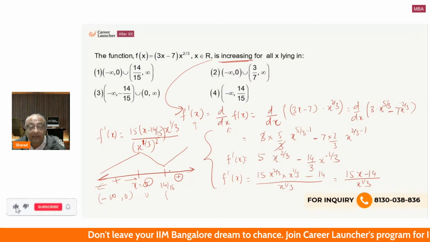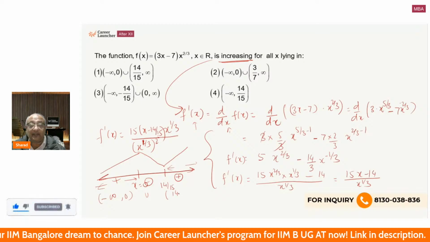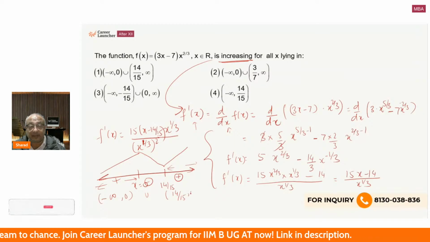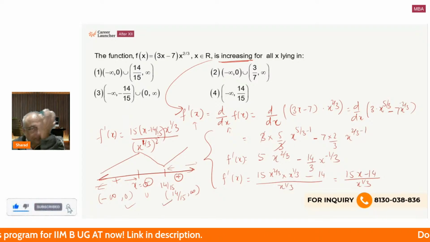And 14 by 15 onwards. So 14 by 15 onwards in maths is written like this. These are the two values. Let us see